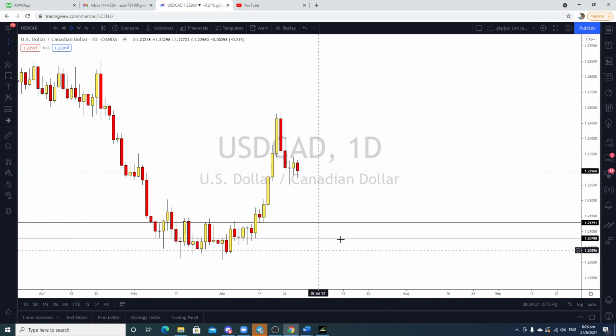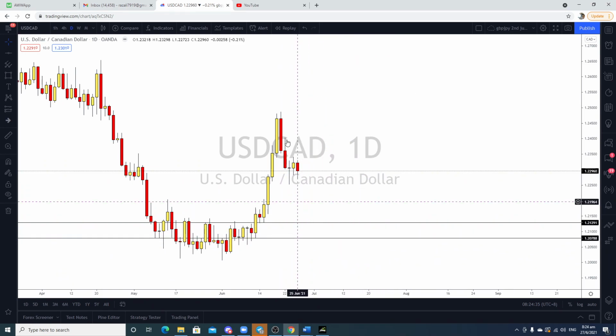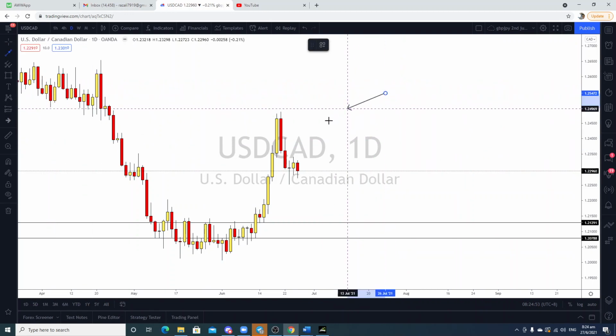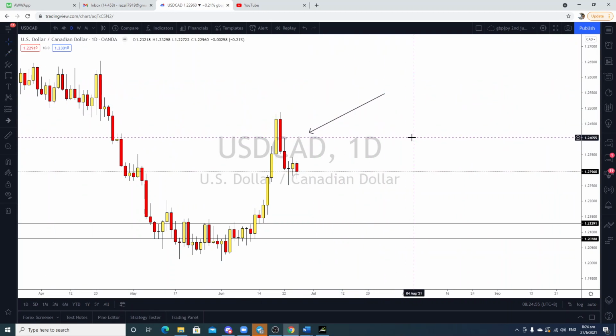This will be my area, my zone for me to look for a buy should price rotate down here. If price doesn't rotate down here and keeps on going up from here, I am not interested at all. Not yet. Why am I not interested to look for a buy from here? Because I can see that there is a slight bearish pressure that is building up.